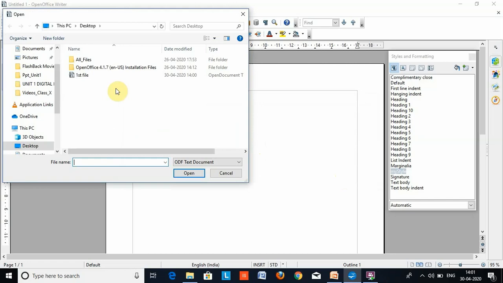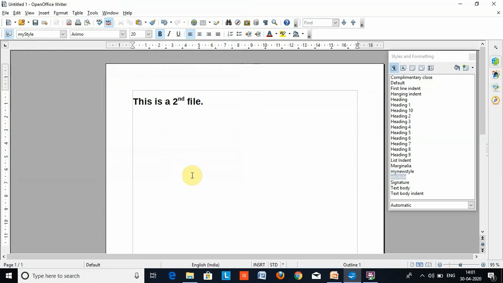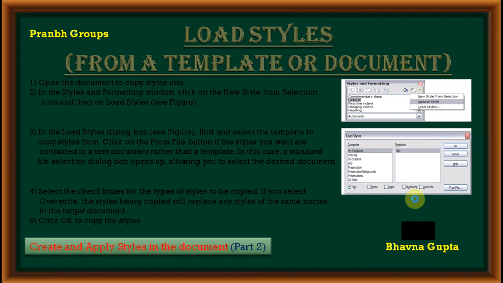Select a file. Here all styles are loaded from the first file. Let's check. Select a line and apply a same style. It's working. Go to the next one topic,